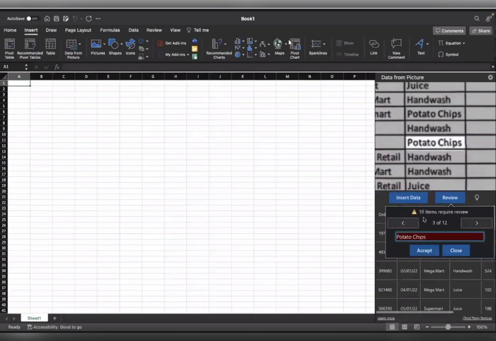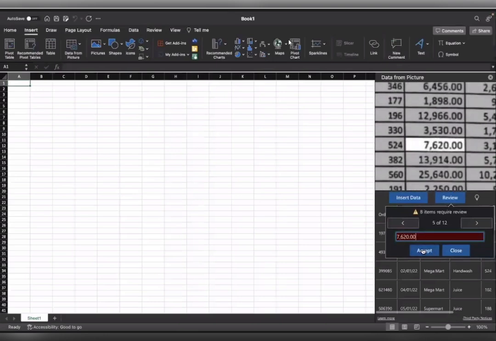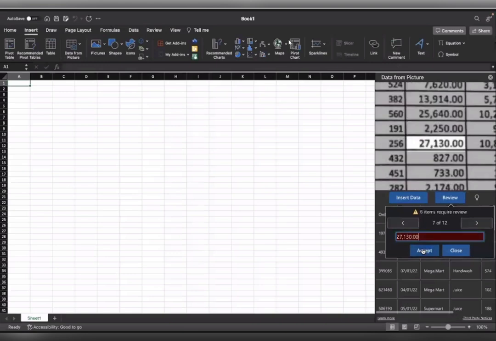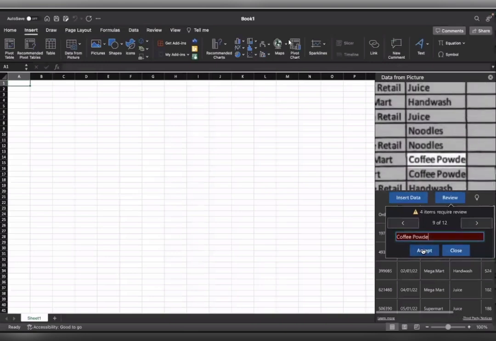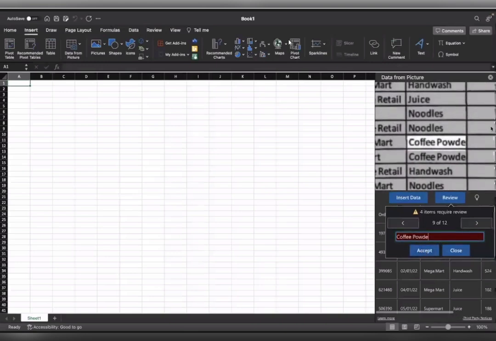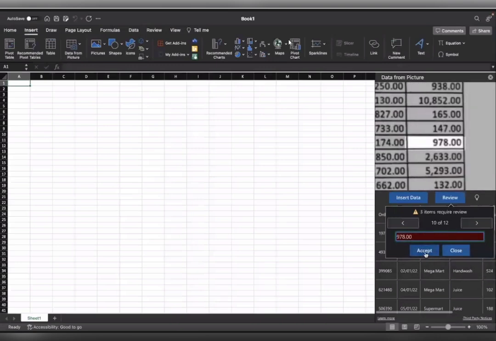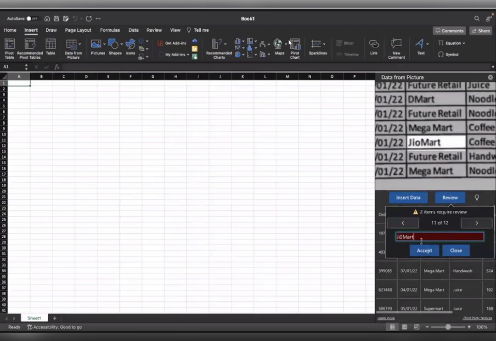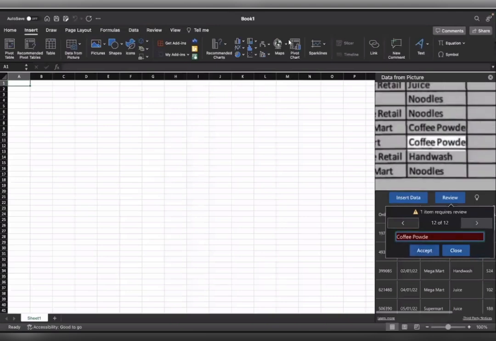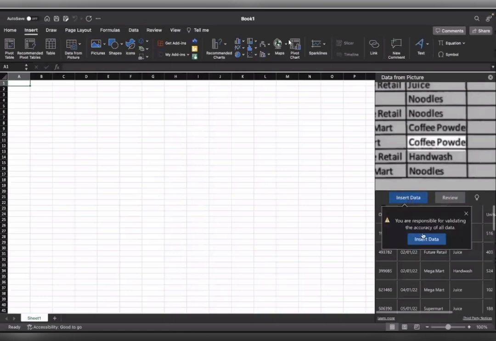It is trying to get the data and checking whether it is fine or not. Are the things fine? Like in coffee powder, you can see R is missing, so you can correct those things. Like in GeoMart, if you see, it is Geo with a 0 and O. These kinds of small mistakes you can always correct, and then click on accept, and then insert